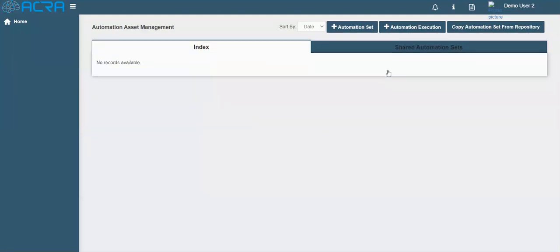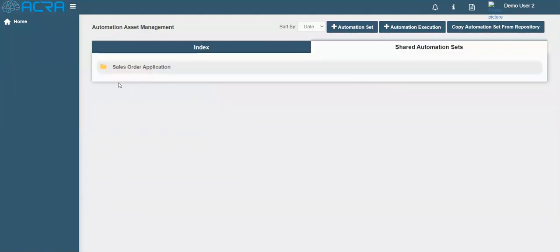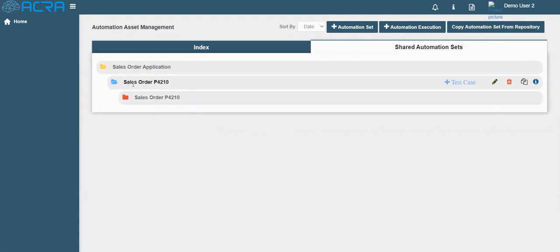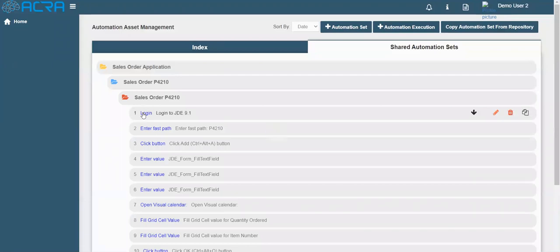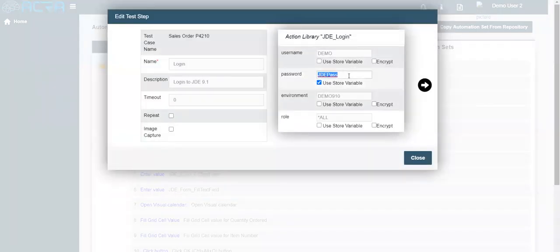Navigating to shared automation sets. The test set which has been shared by user 1 is shown here. So expanding the test set, expanding the test case, and clicking on login. If you see, user 2 can see only the variable name and not the value present inside the variable.